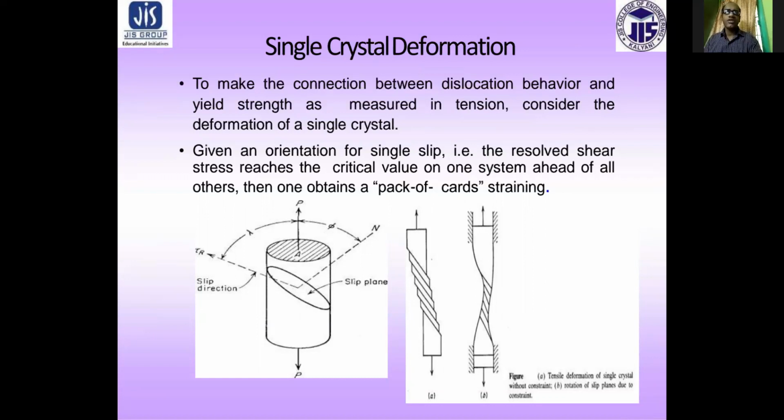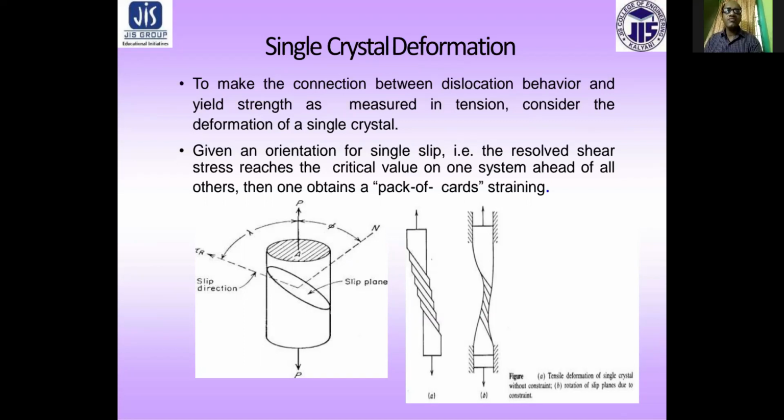So let us consider the crystal that is subjected to a tensile load F or P as shown in this figure along the axes. If phi is the angle between the direction of force and a normal to the slip plane, and lambda is the angle between the direction of force and the slip direction,